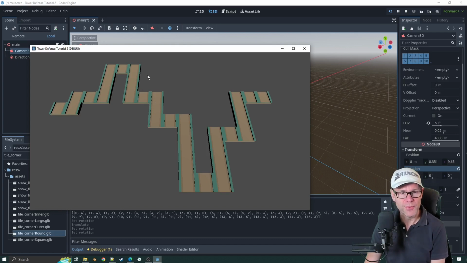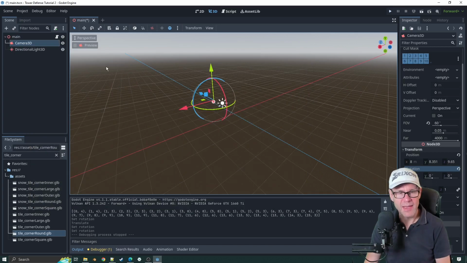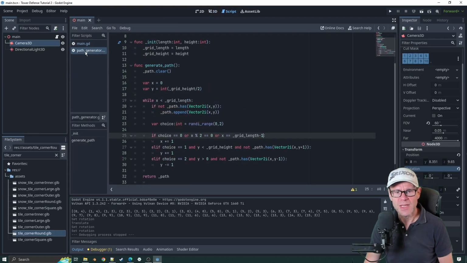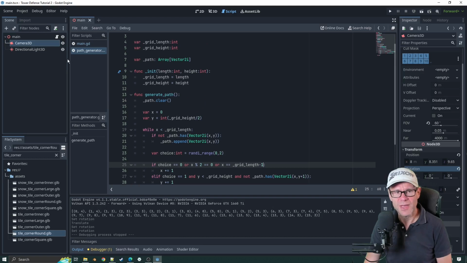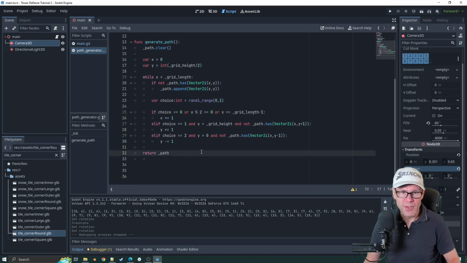So what we can do is now if we just come out of here. Now, do I put this in the... I think it's got to go in the main.gd. I don't think the path generator is for defining what the path looks like. It's for generating a path, right? But it could get a score, couldn't it? It could get a score. So if we,